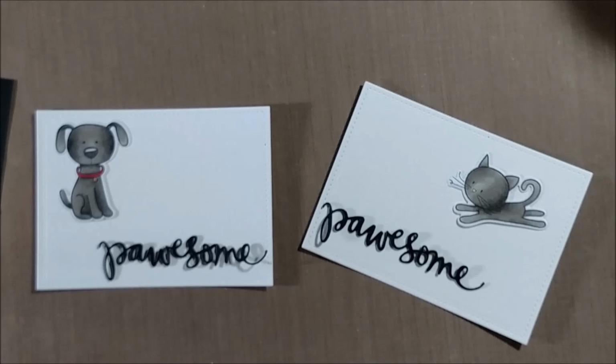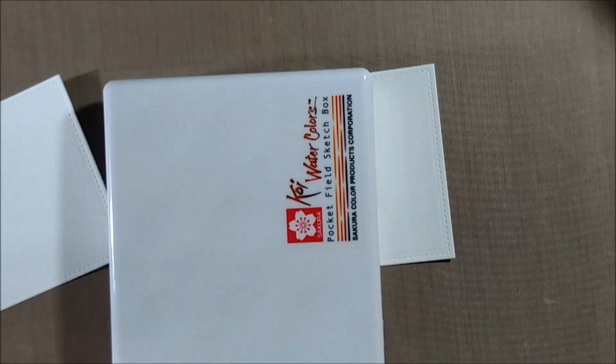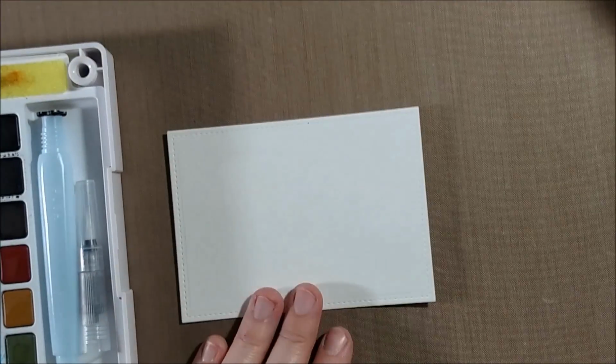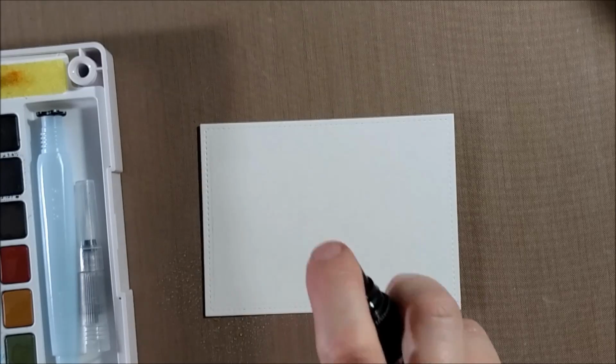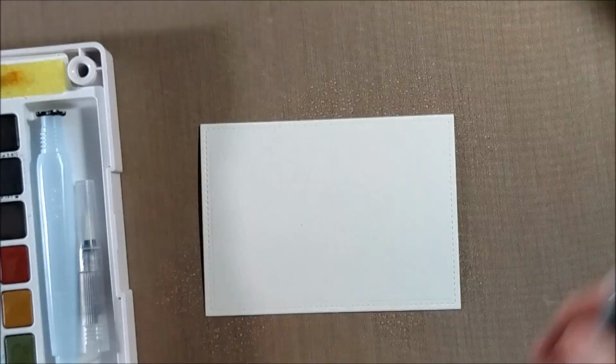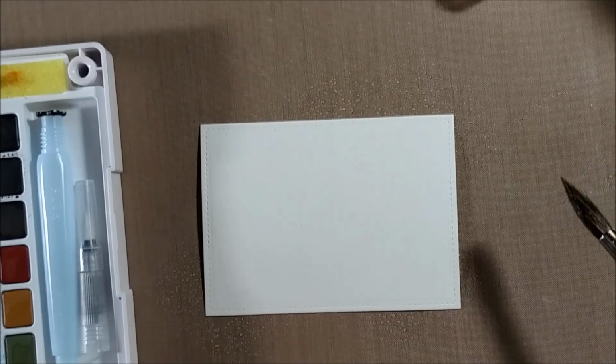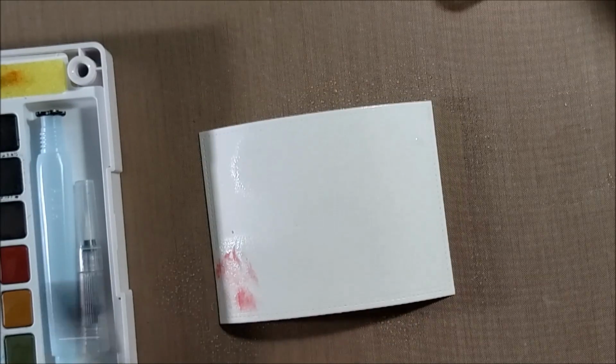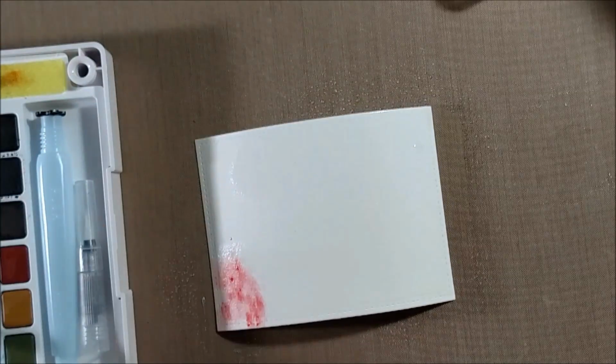I decided to make the dies a little bit sturdier by cutting them out of several pieces of black cardstock and layering that together because it is a very fine, thin die. To create the watercolor background, I'm starting with 140-pound cold press watercolor paper from Canson. I spray the watercolor paper with ink so that way it's nice and wet and the ink will spread around,